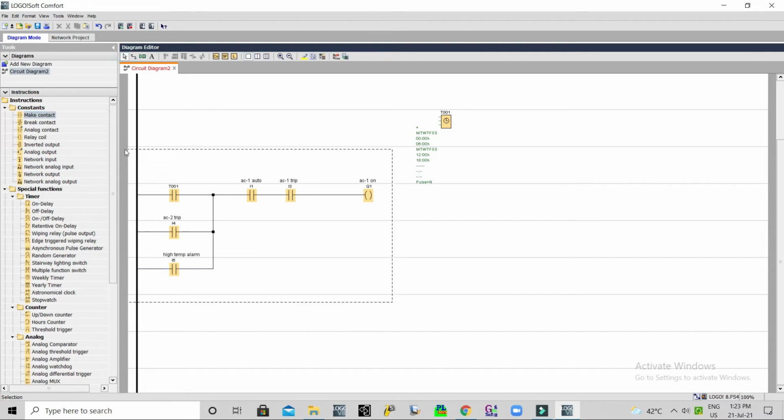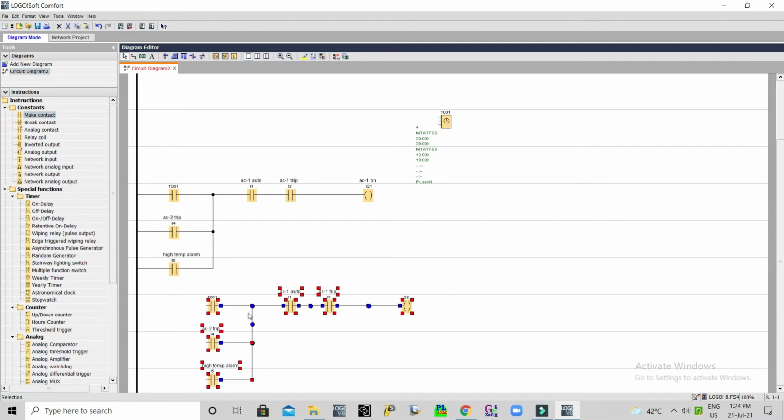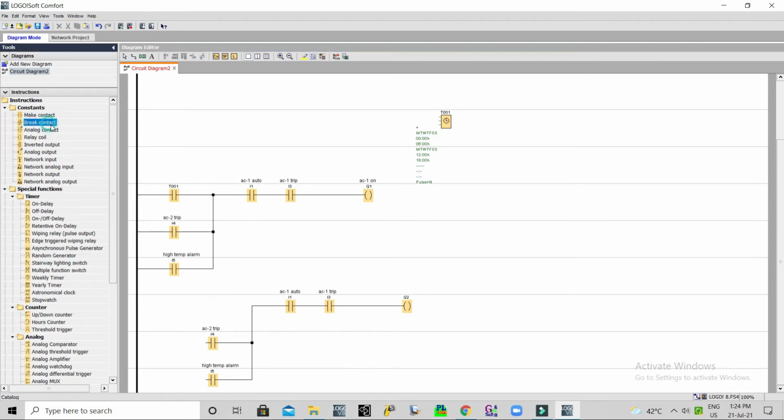Then we have to make the same configuration for AC2 with different inputs. It must be the NC contact of the timer.